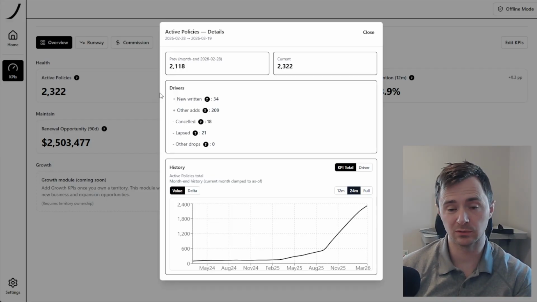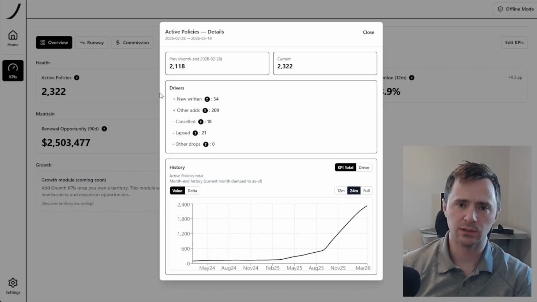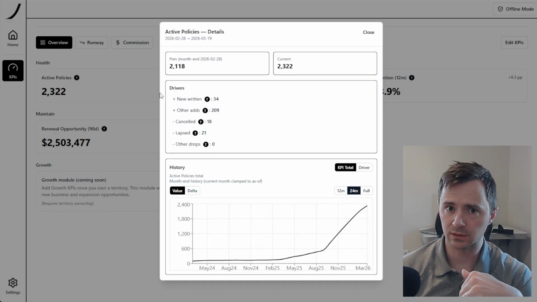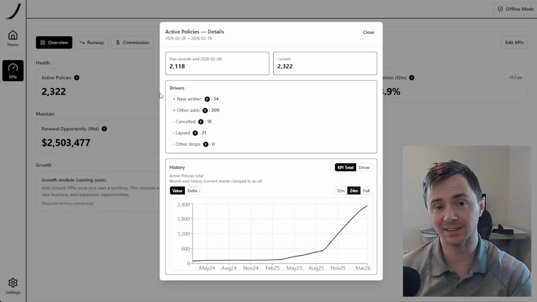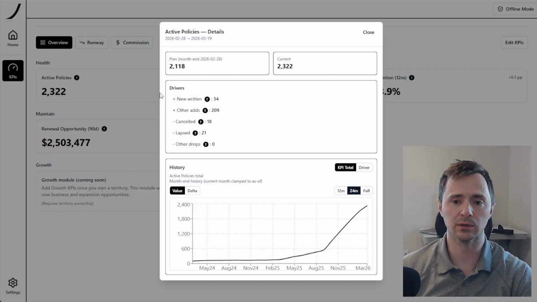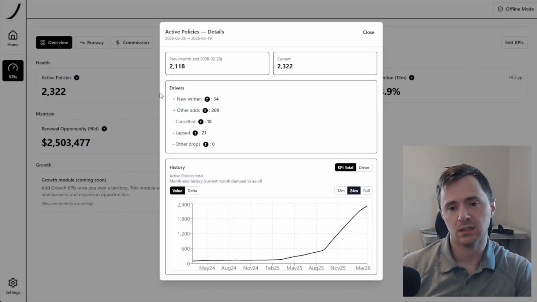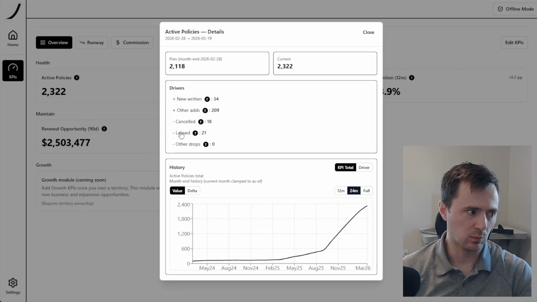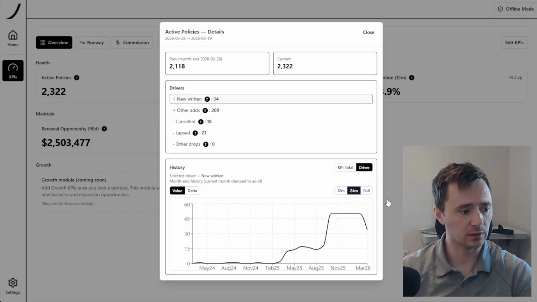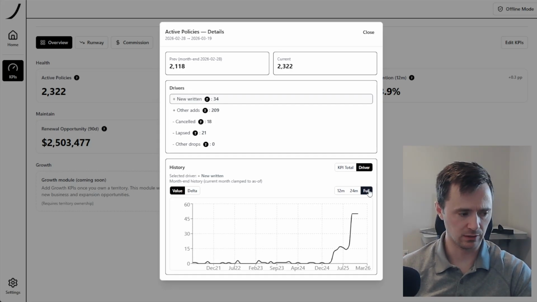Is my business growing? Is it not growing? Are there opportunities left on the table for policies that are lapsing that I'm not paying attention to and that I need to do something about? And is that number getting worse over time? Etc. So what this does is it helps you see, you can look at drivers on, let's just assume this